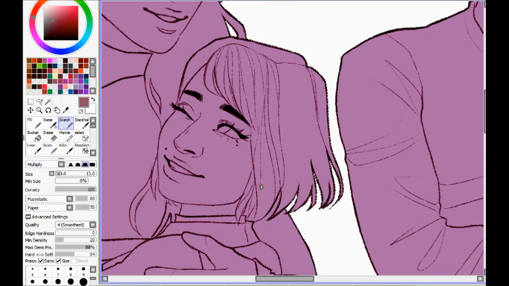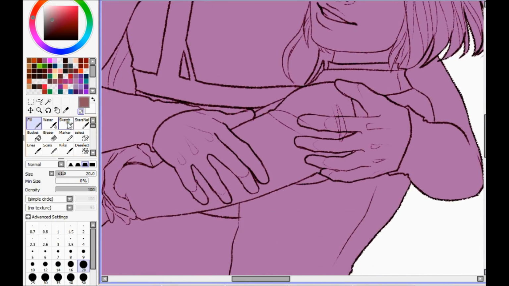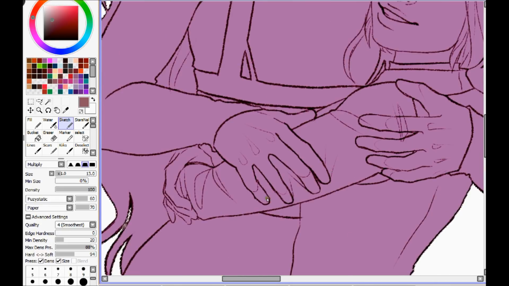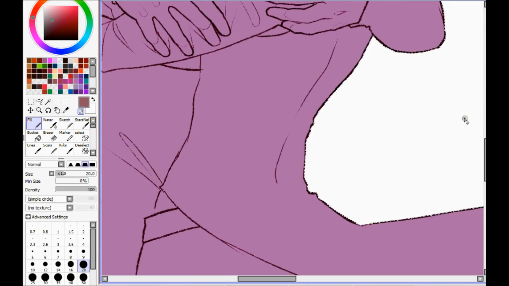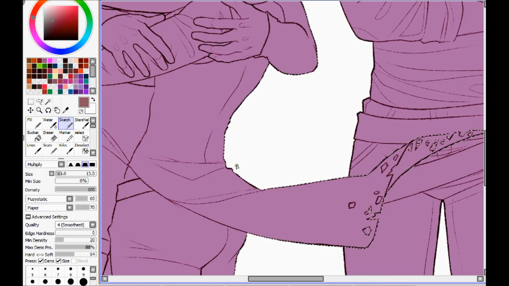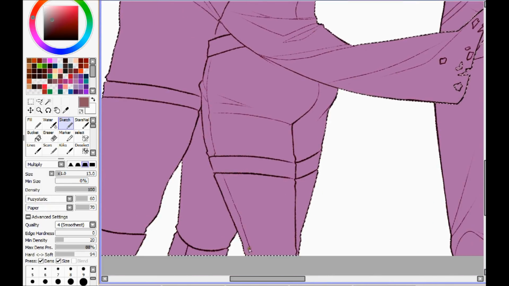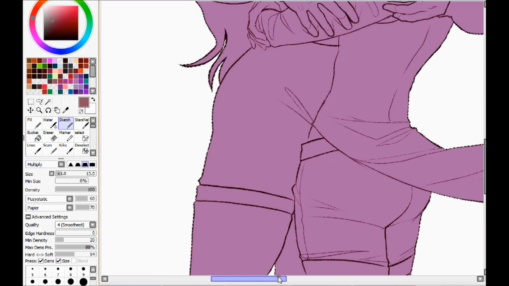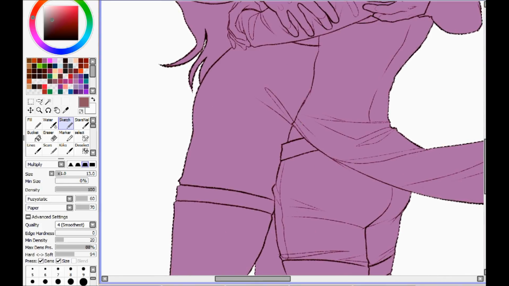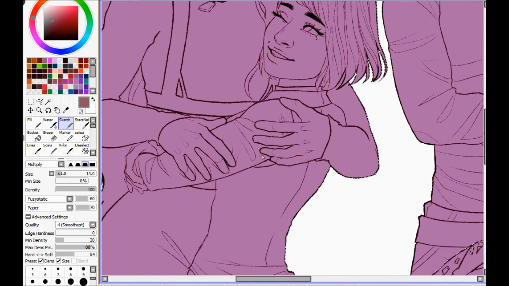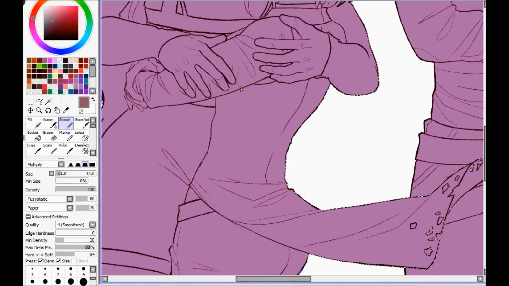Now, it's good to find things you like in other art and try to play around with it on your own. I'm going to be completely honest right now, though. When I first got into digital art, I was younger and I was naive. A lot of artists don't like to admit to this kind of stuff, but I feel like it's okay to admit to it because a lot of them have done it and a lot of them still do it, but they try to play it off like they're not doing it.